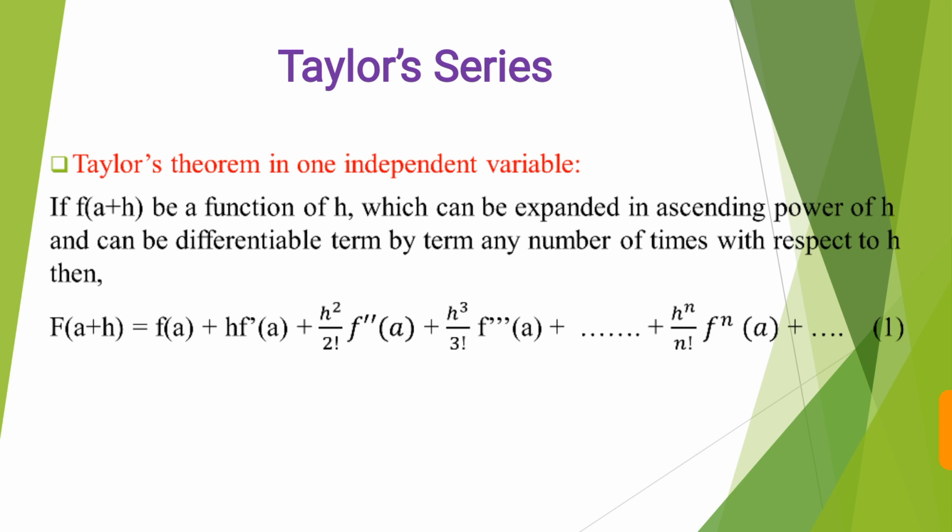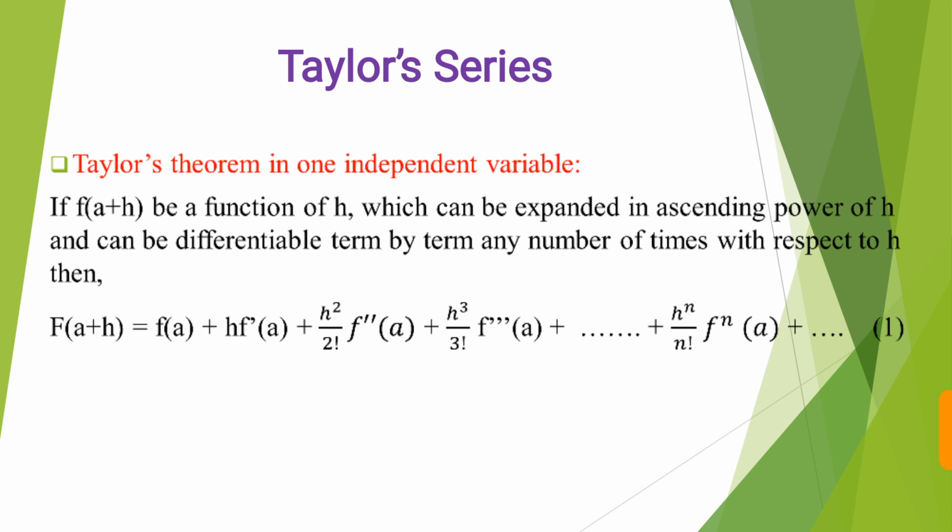If f of a plus h is a function of h which can be expanded in ascending powers of h and can be differentiated term by term any number of times with respect to h, then f of a plus h is equal to f of a plus h into f dash of a plus h square by 2 factorial f double dash of a plus h cube by 3 factorial f triple dash of a plus, and so on. I call this series number 1, wherein this series